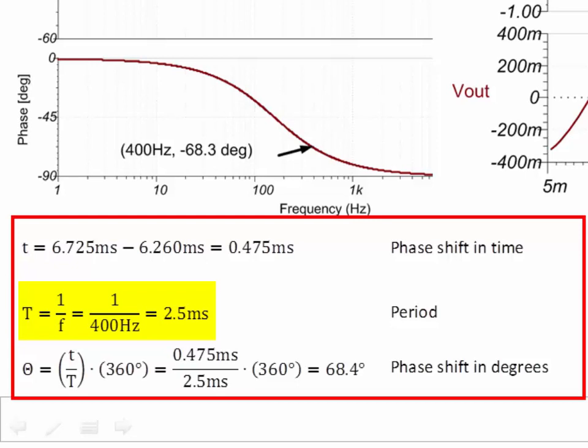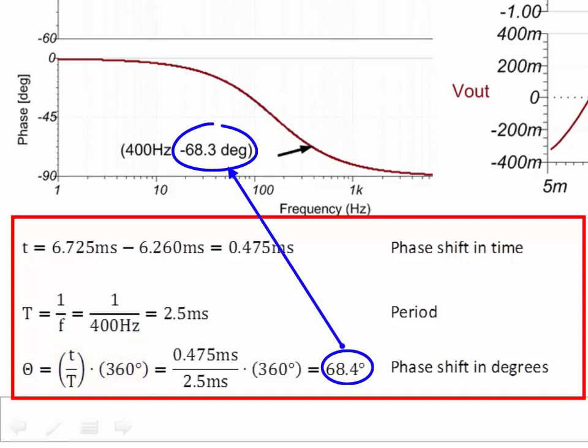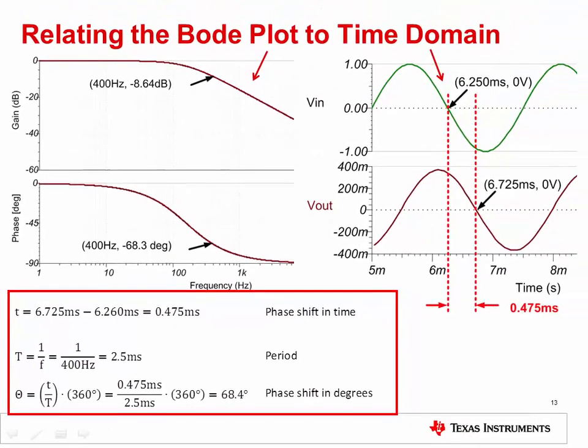The delay in degrees is calculated by taking the ratio of the time delay to the period and multiplying by 360 degrees. As with the previous example, the time domain results compare well to the Bode plot results. Next, we will cover a step-by-step example of a SPICE AC analysis.